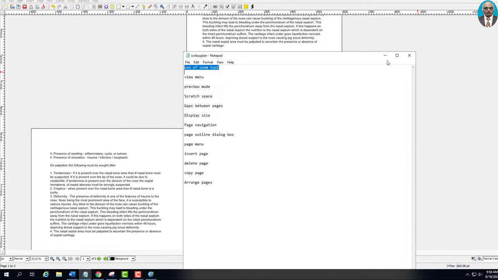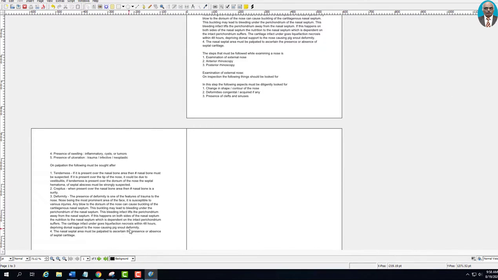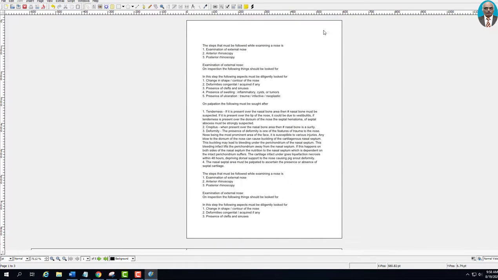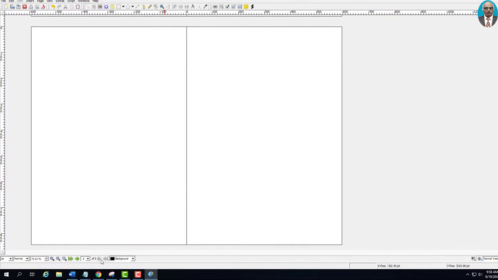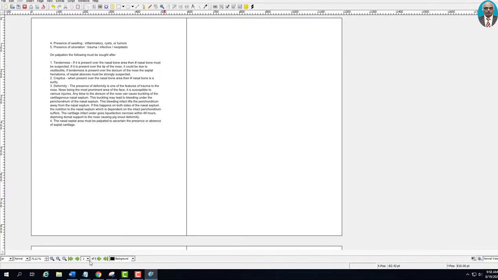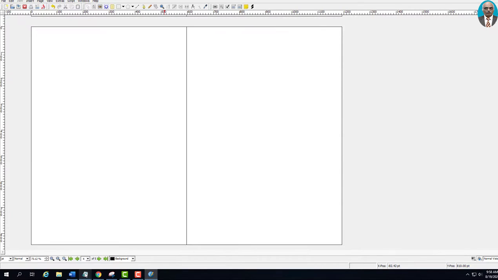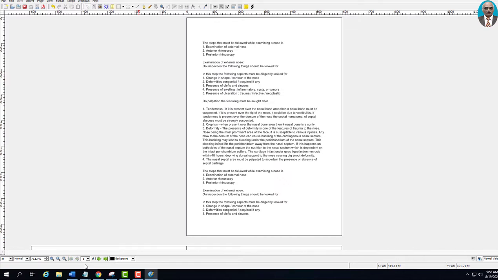Then let us go to page navigation. Here you need to move from one page to another. We have a 5-page document. Supposing you have completed working with the first page, click this arrow to go to the 5th page. Now you open up the spin box, go to the 2nd page, then open up the spin box, go to the 3rd page. Now you go to the 4th page. Similarly, you can do all these things by just opening the spin box, going to the 1st page. So this helps in page navigation.